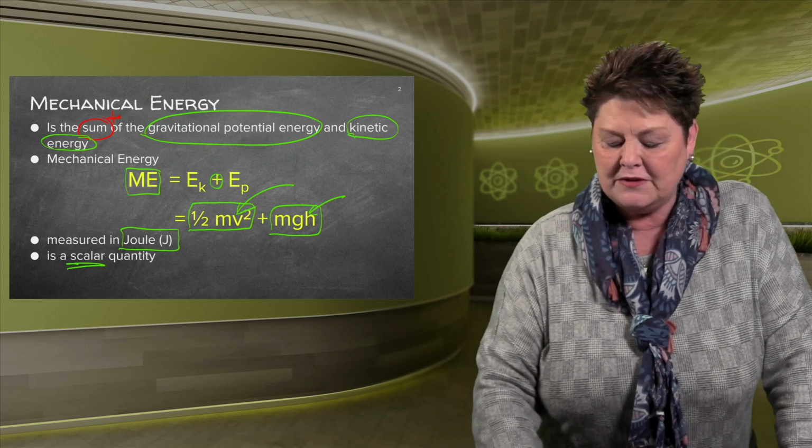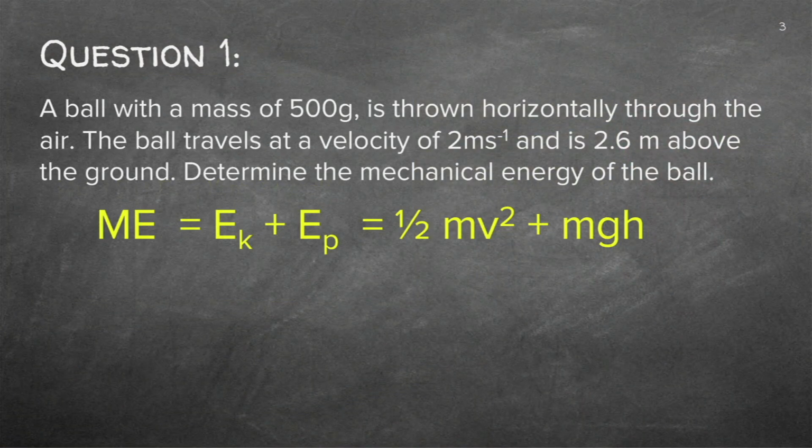After we've done the definition, we are now going to see what the type of questions will be when you've got to calculate the mechanical energy. So let's read. The ball has a mass of 500 grams. Please be careful. You cannot use grams. We are working in SI units, which we've done in the dimensional analysis clips, so have a look again if you can't remember that. What's 500 grams? It is 500 divided by 1,000, which gives you 0.5 kilograms. So that's the mass I'm going to work with.